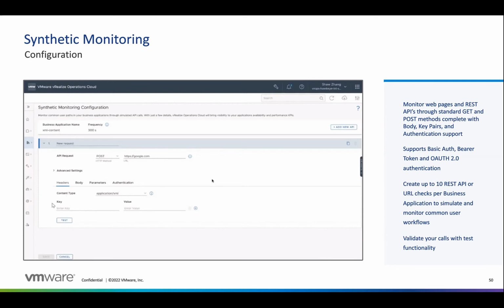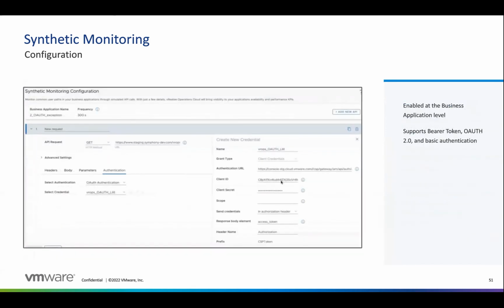You can test that API right there with the test button and validate your functionality. For authentication, it supports basic auth, bearer token, and OAuth to be able to test your API calls. Now, like I mentioned before, you can select up to 10 API calls to monitor for your business applications. These 10 API calls could be your user workflow that maybe you are interested in monitoring. And every 200 status returned is the KPI that gets shown in the